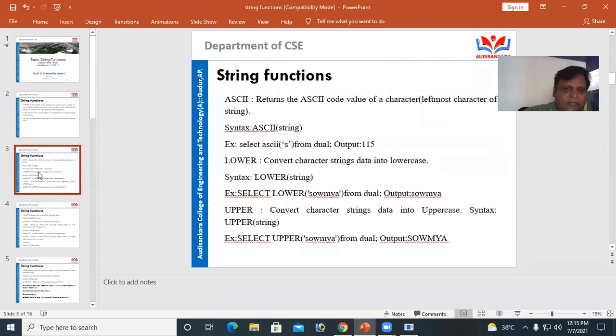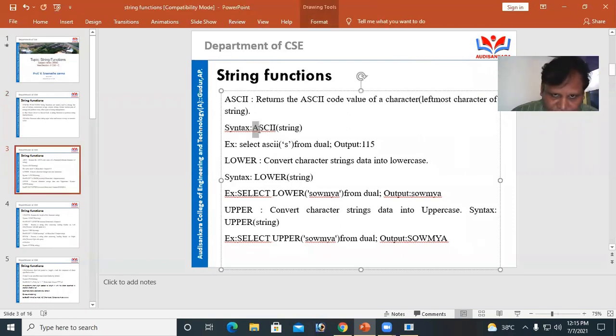Okay, the first string function is ASCII. ASCII stands for American Standard Code for Information Interchange. Here we are using ASCII values. SELECT is a DML command; we are retrieving data from the DUAL table.